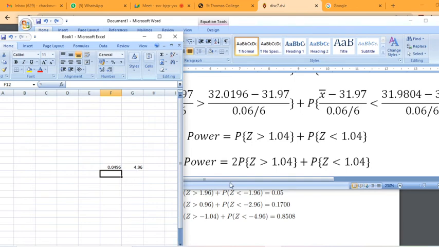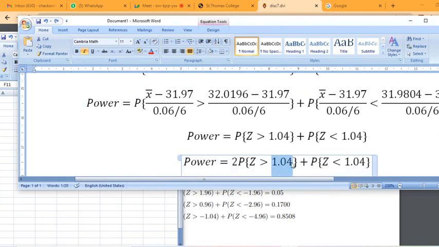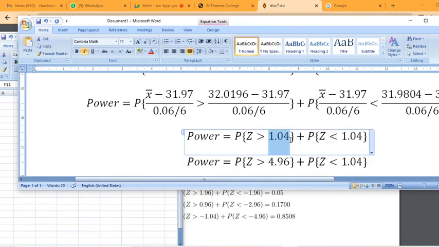Yeah, it is the value 4.96. So above that, this is 4.96. So we can compute the